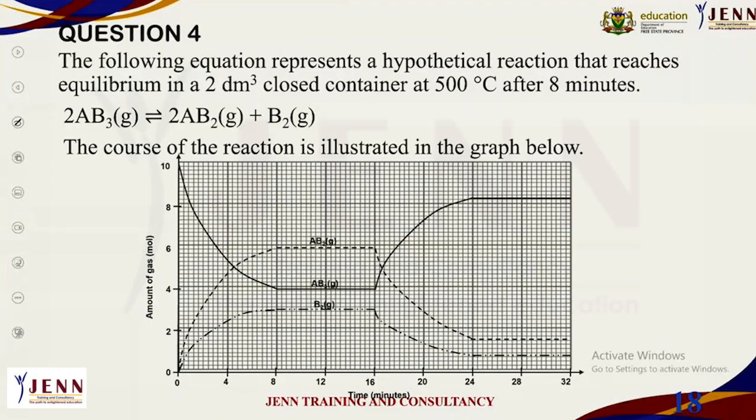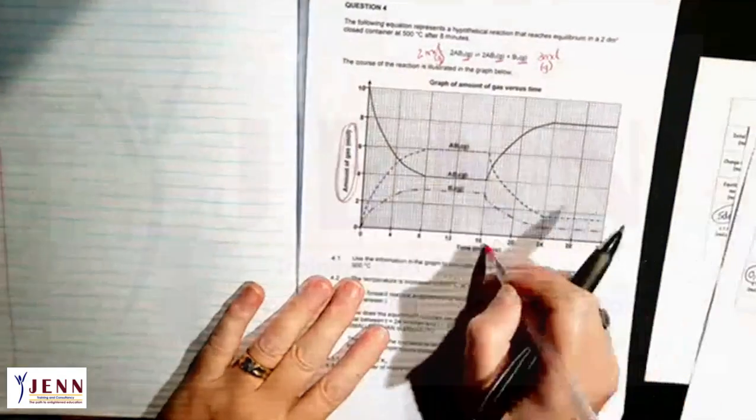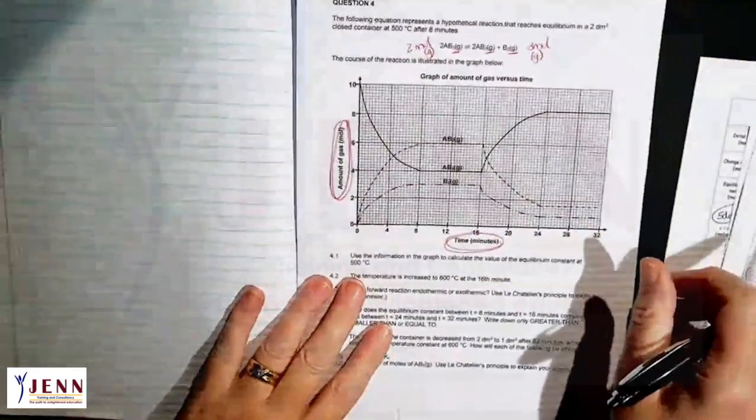Okay, let's look. Now boys and girls, this graph is given exact values because it was drawn on graph paper. This one is drawn to scale. That was the only one from now on that was drawn to scale. The other ones are not necessarily drawn to scale because they were not on graph paper. I'm going to do the same thing. There's the amount of mole of gas and there's the time.